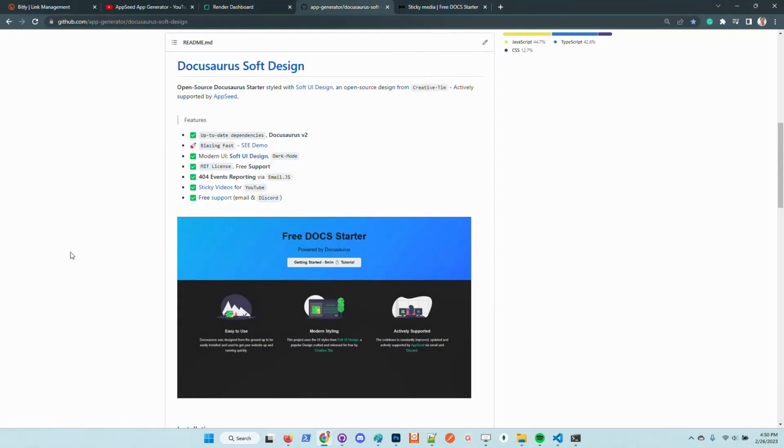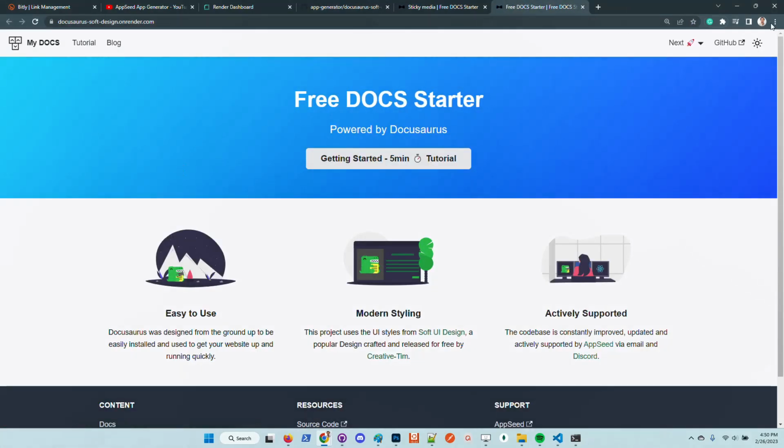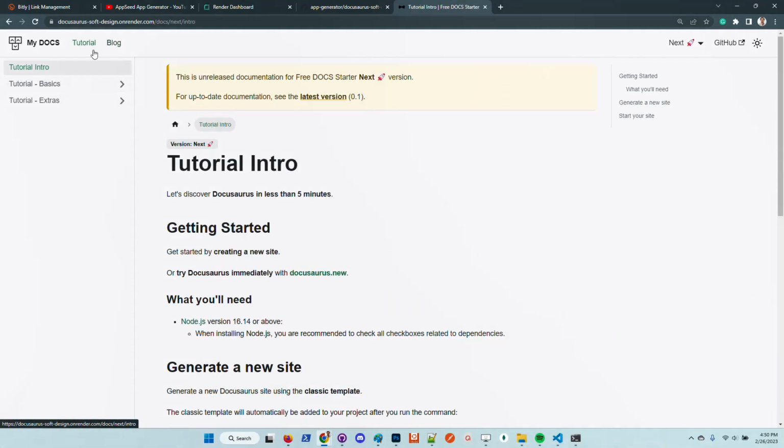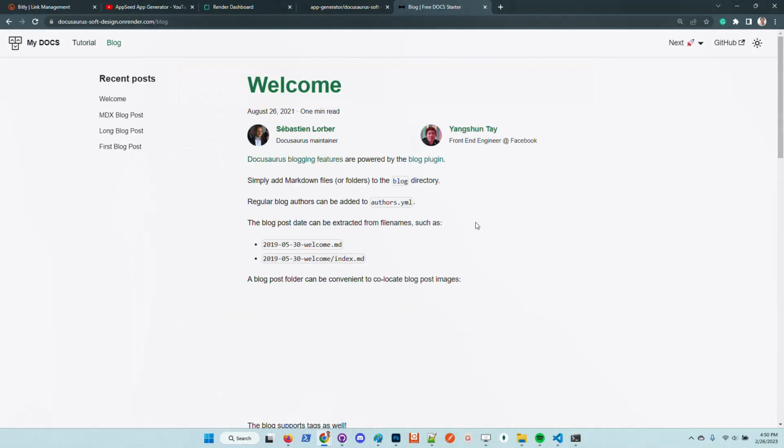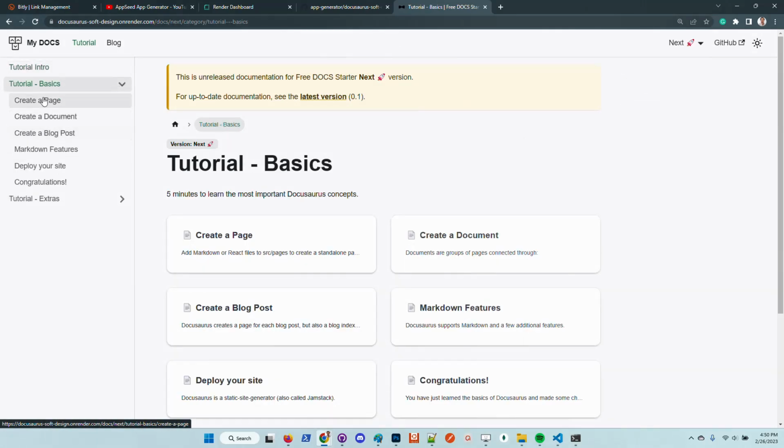In case anyone needs it, this code base is released under the MIT license on GitHub, and also there is a live demo here. We have dark mode, a lot of options. The code base can be used for documentation and also for a super simple blog,